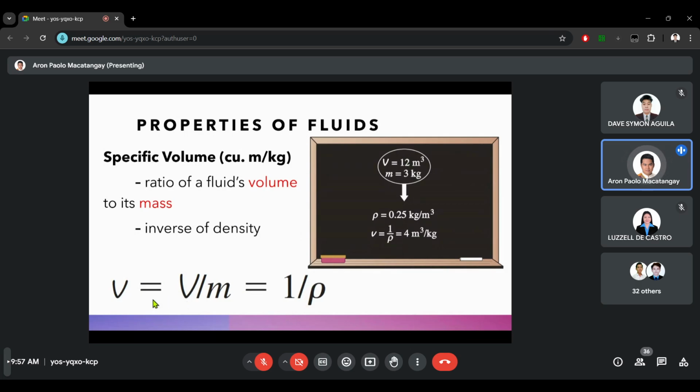Specific volume is small letter v. Volume is capital letter V. Okay? Do not get confused with it. And please write legibly, or consistently, the size of your letters. So if it's capital, then make it capital. If it's small v, then make it small v.